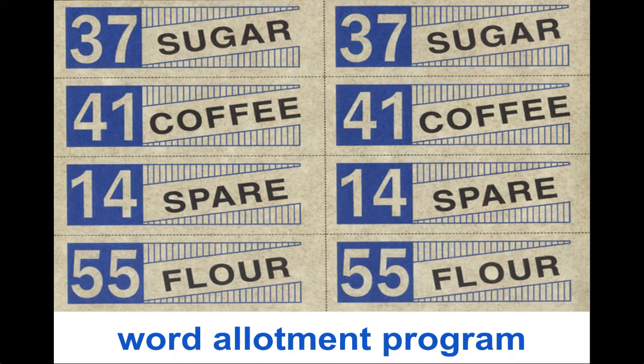The best way I've found to eliminate PowerPoint karaoke, or at least minimize it, is to show my students this slide. And I ask them if they know what this is. And if you're unfamiliar with the image, it's a ration stamp from World War II. To be able to buy flour during World War II, you had to have more than the money. You also needed to have the stamp that said you were entitled to buy flour so that we could send as much flour over to the soldiers who were fighting the Nazis.